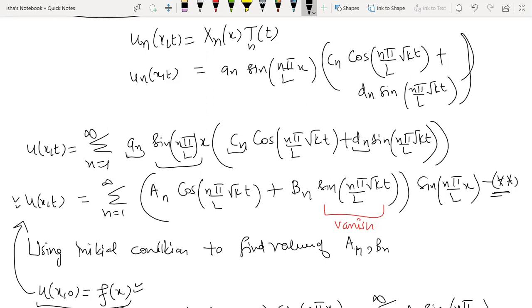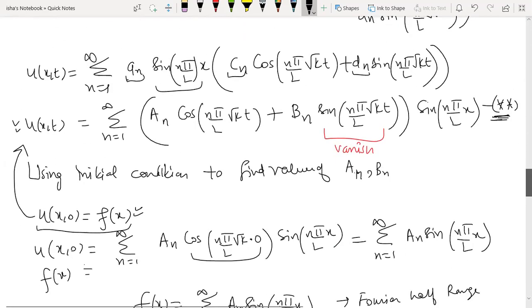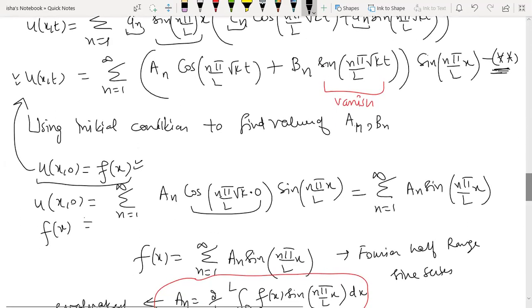So we will remember this solution. That means in questions we can directly start from this step. Otherwise, whenever a question is asked about finding the solution of the wave equation or the heat equation, you have to derive the whole solution again if you do not remember this one. This derivation which we have clearly done above, you would have to repeat every time. So no need to repeat that. You can directly start your solution from here, that u(x,t) is this, and then depending upon the information given in the question, we can find the values of an and bn, and that will be the final solution. So how are an and bn going to be found?